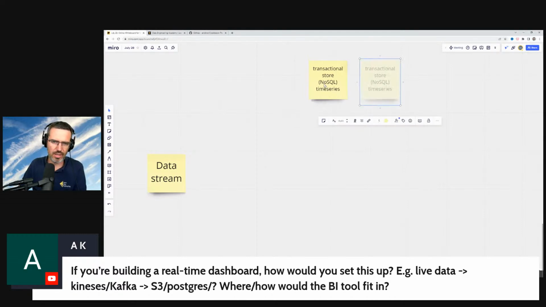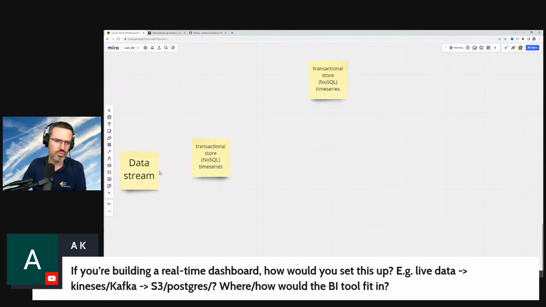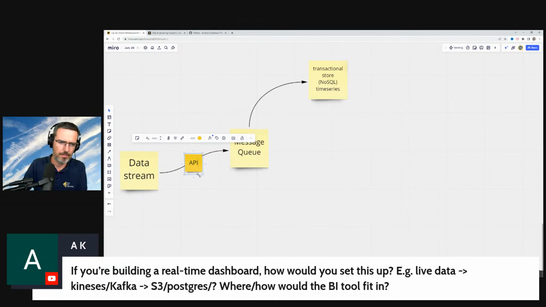So you would say, okay, you have your data stream, or data that comes in, either a message queue, either you feed it directly into a message queue if this originates within your network, or what you can do is you package an API before that. Most likely you would have an API before here, right?